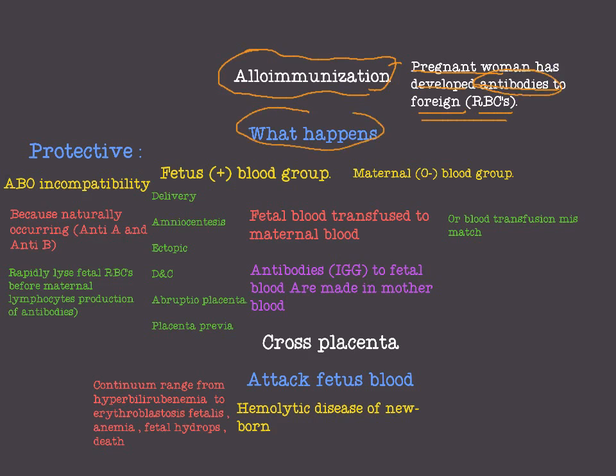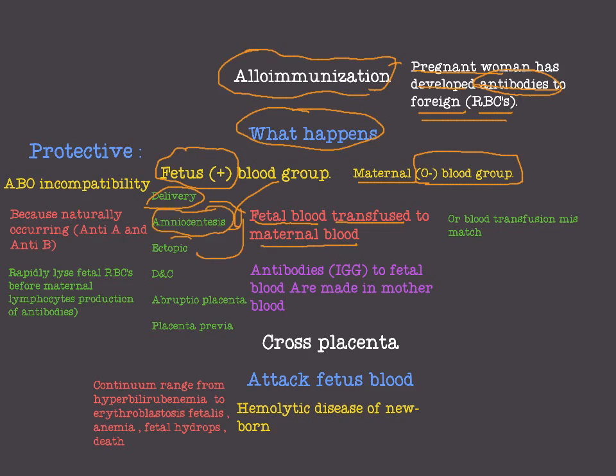First of all, we have a maternal O negative blood group, a mother with O negative blood group and a fetus with a positive blood group. Maternal negative blood group and fetus positive blood group. And in many ways, fetal blood is transfused to maternal blood. How can this happen? This may be due to delivery, or amniocentesis,